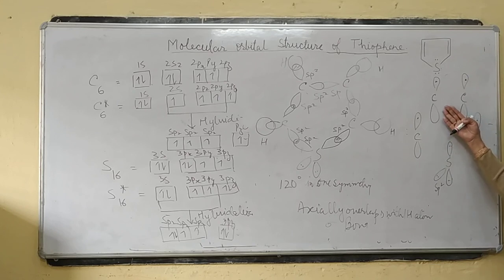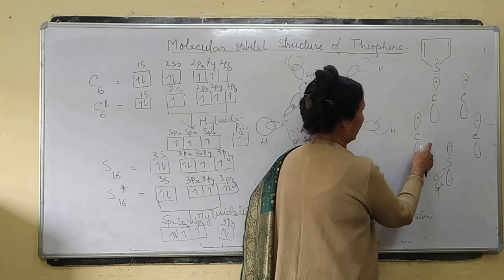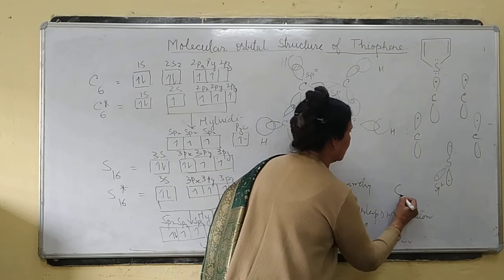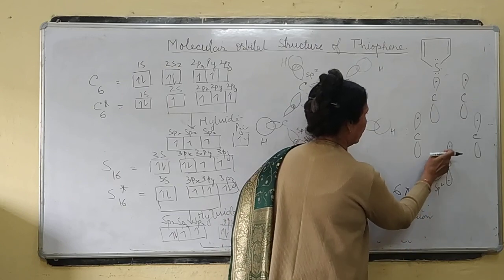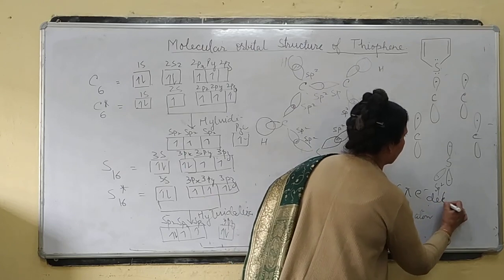If we see the axis of carbon and sulfur in the symmetry of this board, perpendicular to that, above and below the board, these pz orbitals overlap and form a charged cloud above and below this molecule, and there are 6 pi electrons, 2 here, 2, 3, 4, 5, 6. Pi electrons are delocalized,